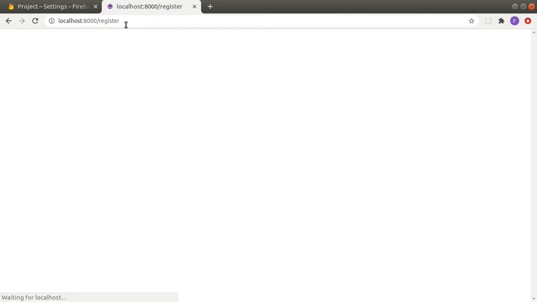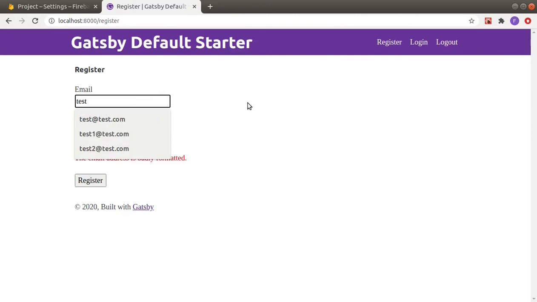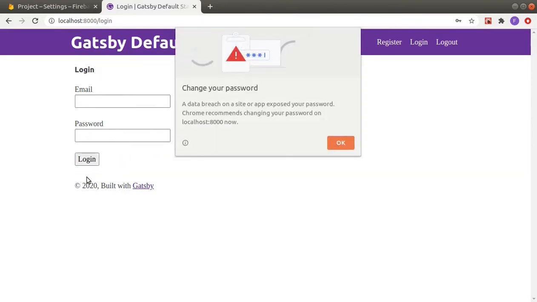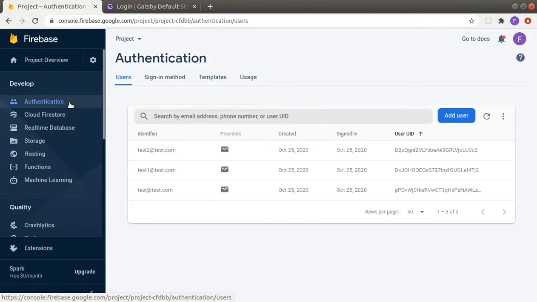Let's go to register page. So our validation is working. This is a message from Firebase. Let's provide an email. Password should be at least 6 characters. And let's register. Check if our Firebase. Go to authentication,